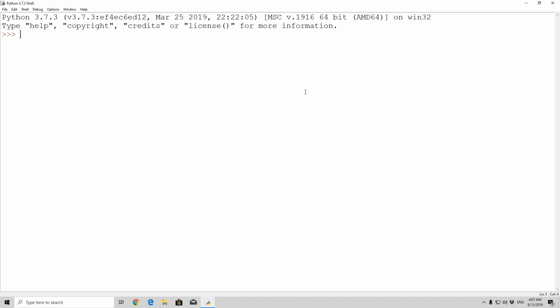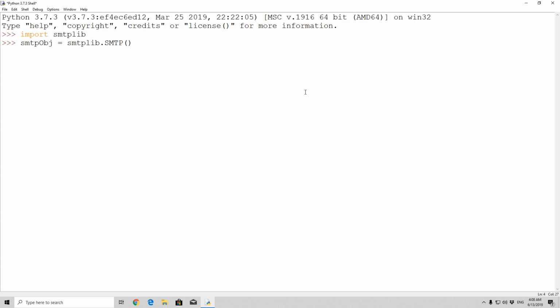Okay, so let us take a look at the simple syntax to create one SMTP object, which we can later use to send an email. So first of all, in order to be able to do that, we can simply import smtplib. This is the library that we will use in order to send the email, and right now we need to create the SMTP object, and we will do that by specifying smtp_object equals smtplib.SMTP, and in between the brackets you need to specify the host, the port, and